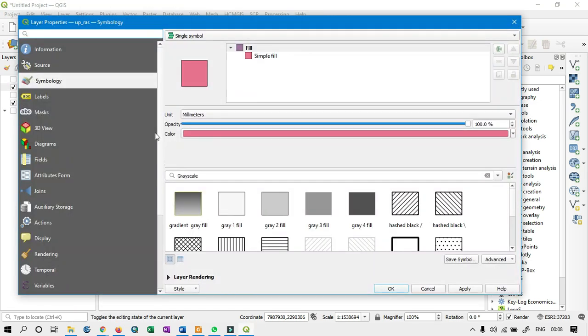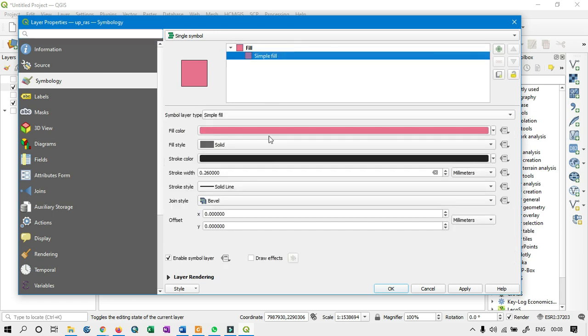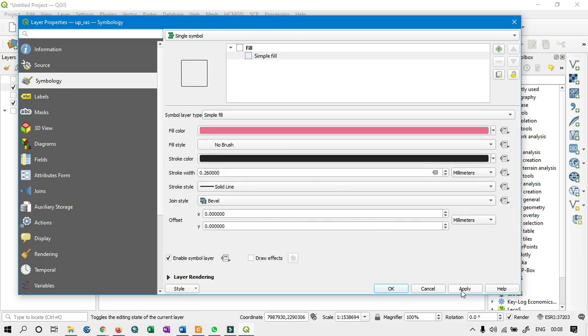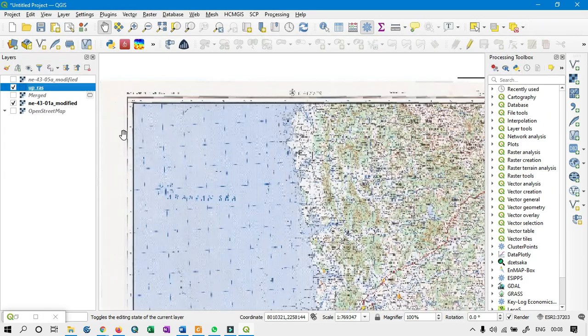Okay, so for that you have to go to the properties and symbology, and from your simple fill, in the fill type you have to select the no brush. Okay, so you will only have the boundary.